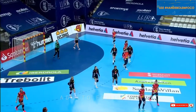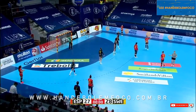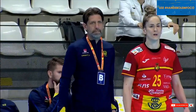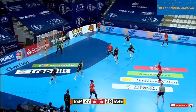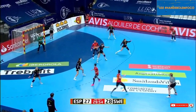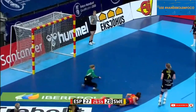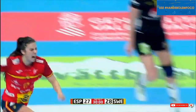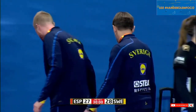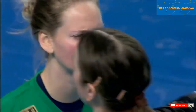Spain, they use their last few seconds and a chance for Spain to steal a point off Sweden here. We have about 15 seconds remaining. Peña into the wing. Oh, they've done it! On the buzzer, and Spain steal the point. Courtesy of Gutierrez, the second goal. Bunsen for